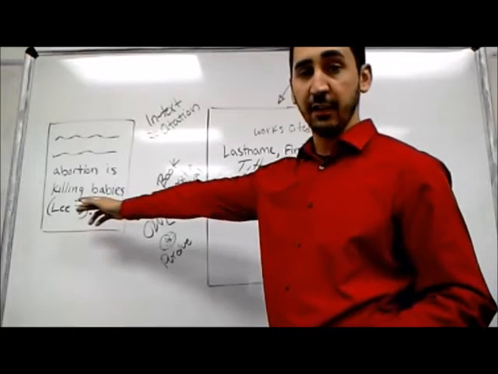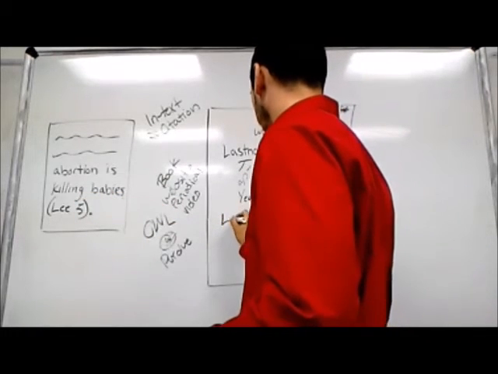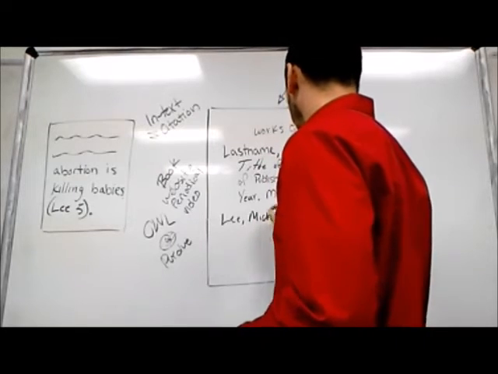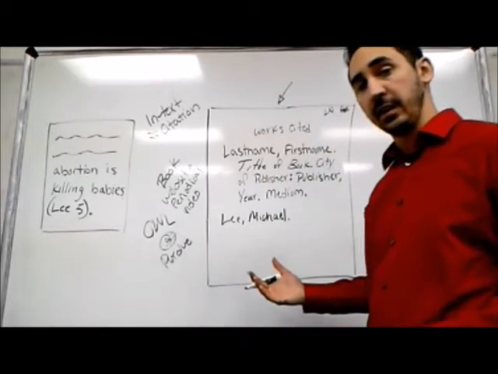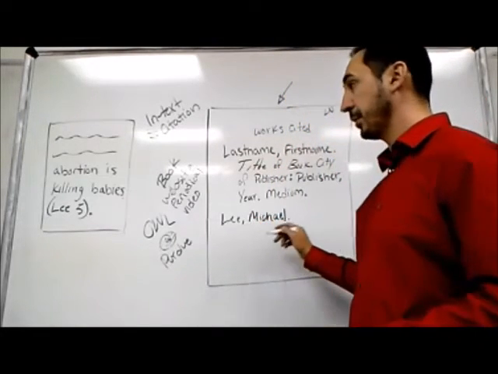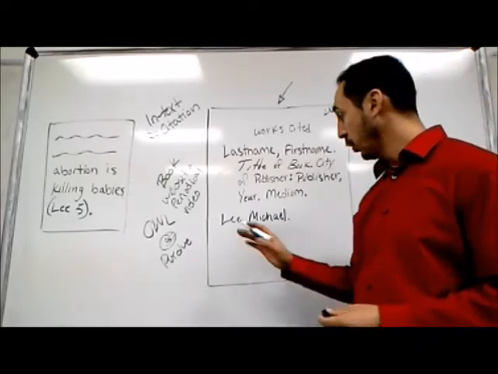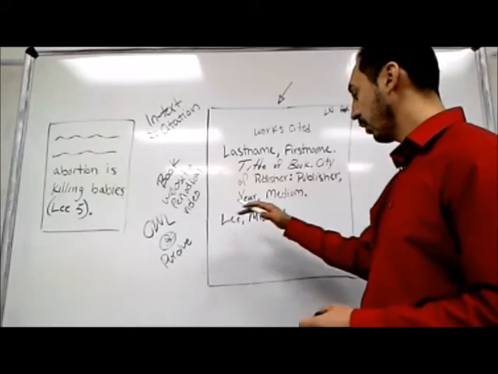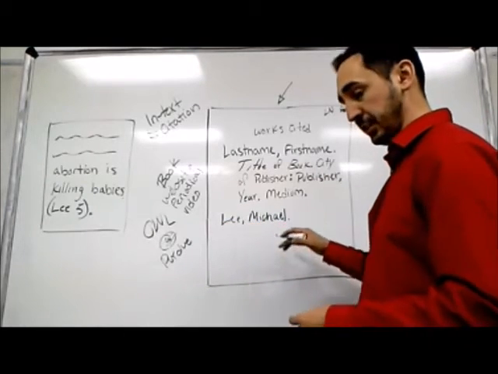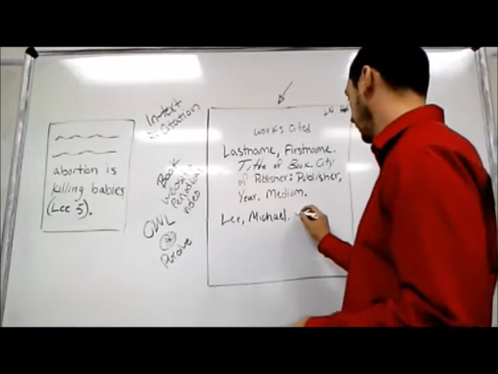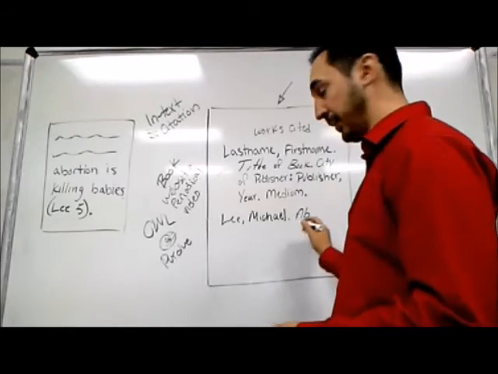Let's use this Lee 5, for example. It becomes Lee, comma, Michael. Now, something that is particular to the MLA is that you would actually spell out the person's full first name. In APA, you don't do that, and several others. So in MLA, you're writing out their full last name, full first name, period, and then the title of the book, we'll just call it Abortions, and that should be in italics,